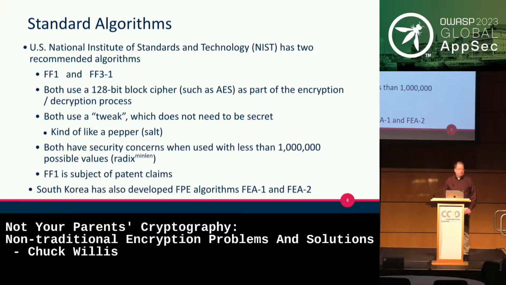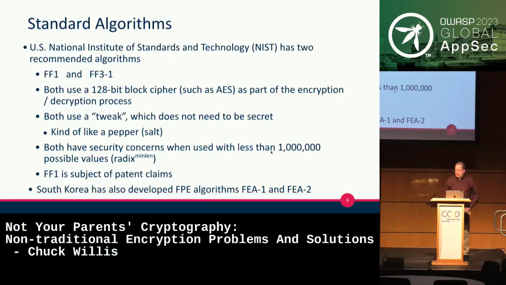They also use what's called a tweak, which, I don't know why they call it a tweak. It's basically like a pepper or a salt, where it's the same across all the different things that are being encrypted, but it's not something that needs to be protected. It doesn't need to be secret. The tweak can be public. And when you're encrypting this data, you're basically converting it from an arbitrary space to the same thing. I can show a little bit of the details on that on the next slide.